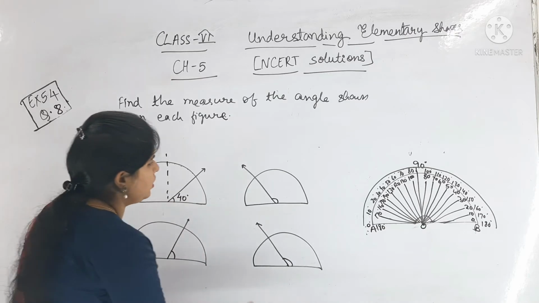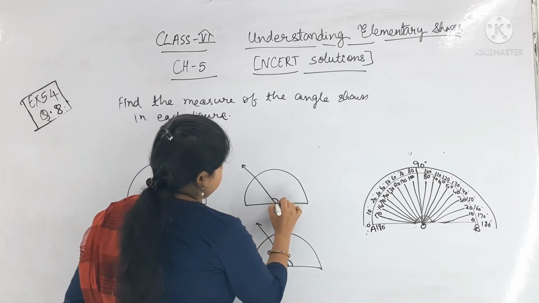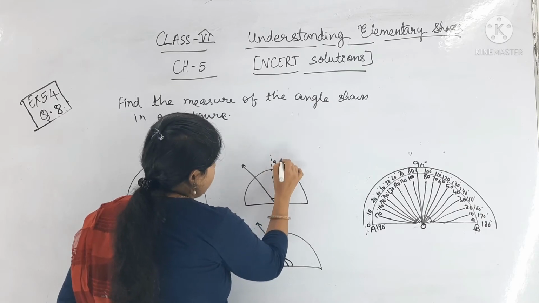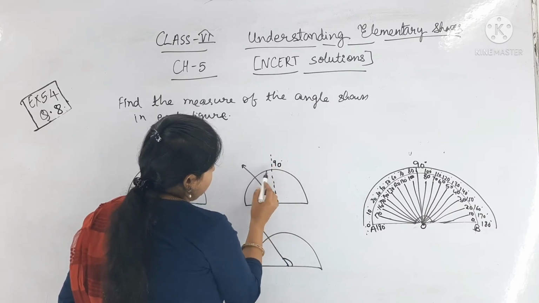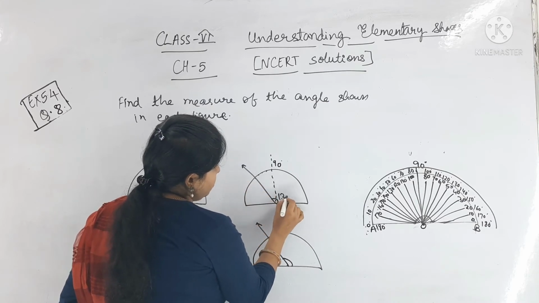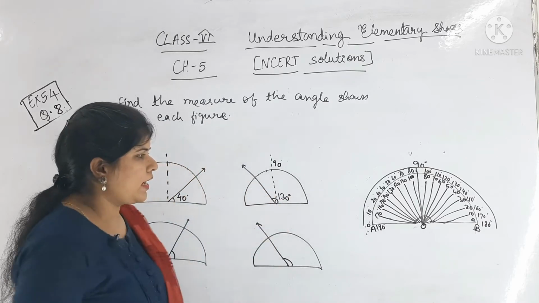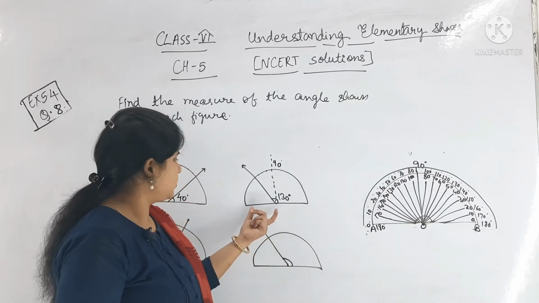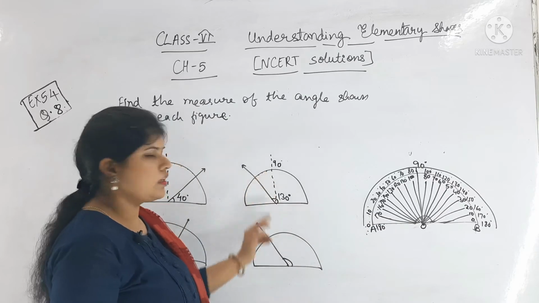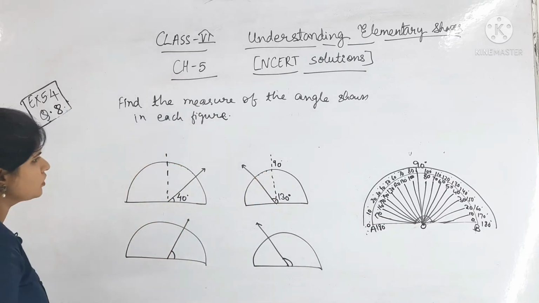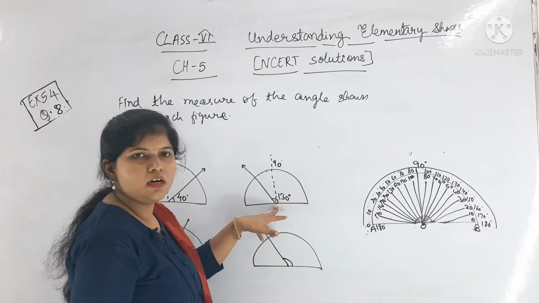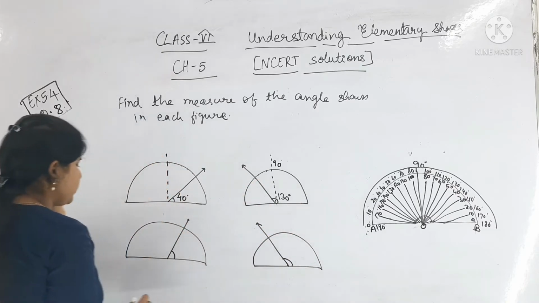Okay, here you can see this is 90 degree. Okay, so 100, 110, 120 and this is 130. So here 130 degree, like D, it is here in the figure. Okay, so you can calculate. You can take this D, and you have to place it here and measure the angle.